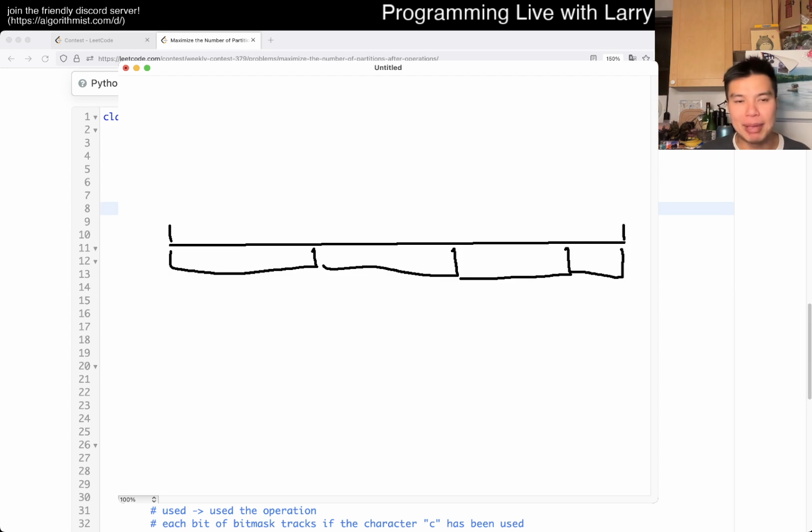Let's say you change this character right here. Well, that means that in the worst case, it will only change all the ones that go after. Is that true? Maybe it's not quite true with the locality, but the idea is that once